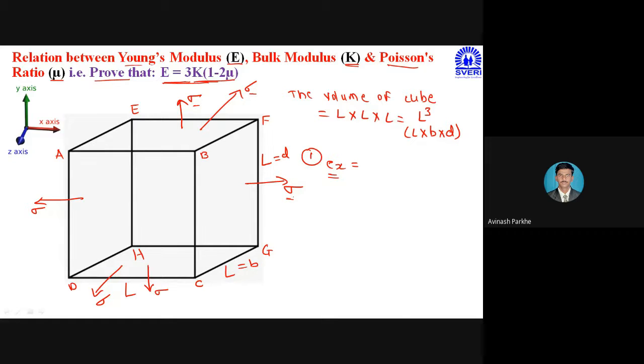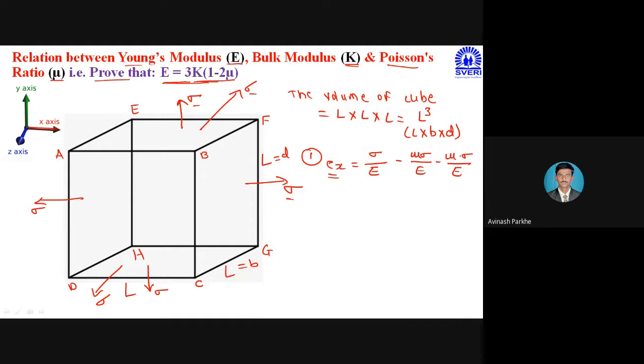So we can say that for this epsilon x calculation, as the force is applied in X direction, the strain developed in the X direction will be the linear strain, and the strain developed in the remaining two directions will be the lateral strain, that is, mu into sigma upon E. In the previous problems we solved, epsilon x is equal to sigma x upon E minus mu into sigma y upon E minus mu into sigma z upon E. It is the same formula, but in those numericals we represented the stresses as sigma x, sigma y, and sigma z.